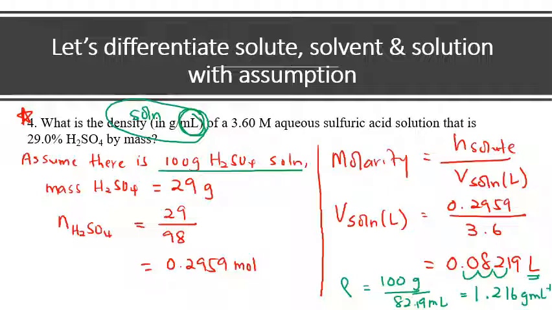So I hope after discussing these 4 questions with the assumption with you, you have a better idea what you should do when you need to do the assumption. Okay, basically we need to do the assumption if in one formula there are 2 unknowns. Okay, always assume the denominator. In Malay we call it penyebut. Okay, then after you do the assumption, when you get the mass, normally you can use the mass to determine the number of mole. Or the other way around, if you can get the number of mole, then you will also be able to determine the mass. Okay, I will share the answer